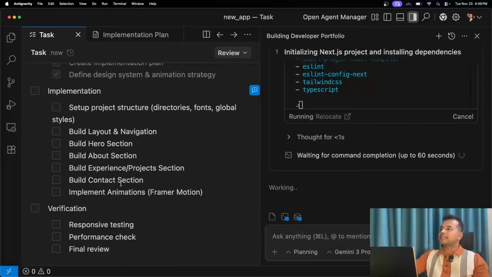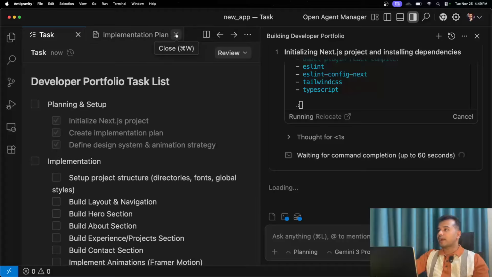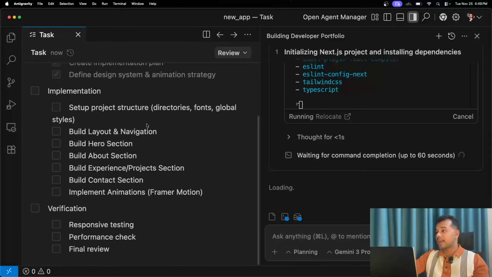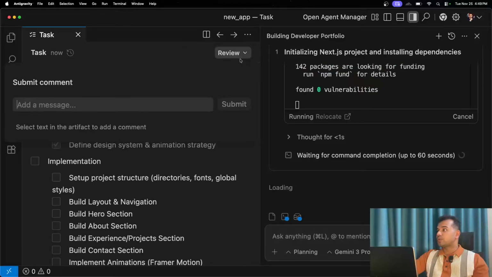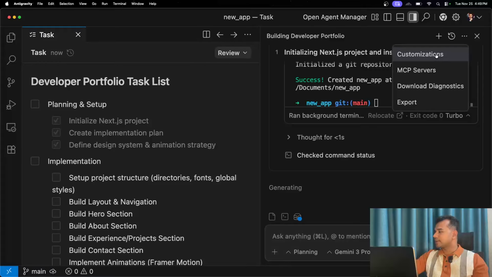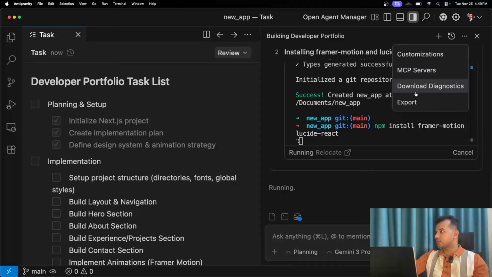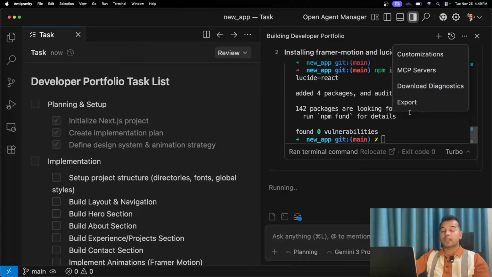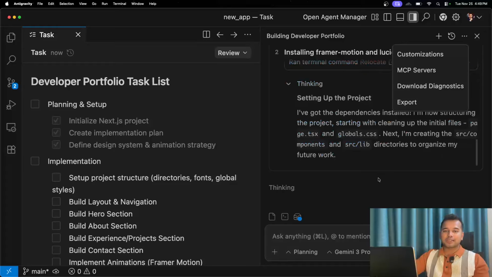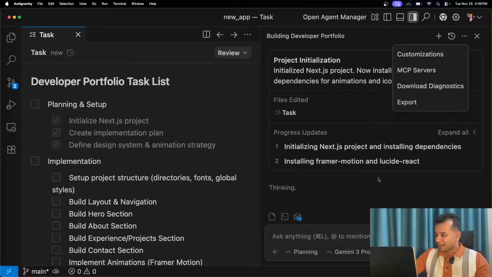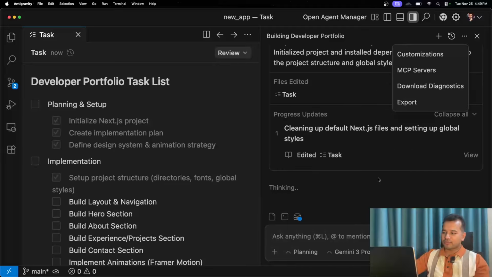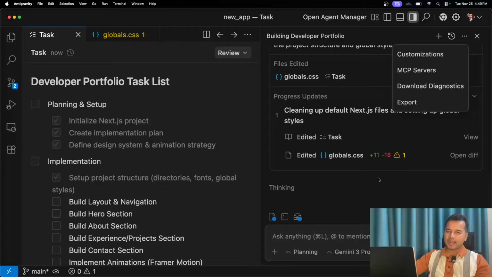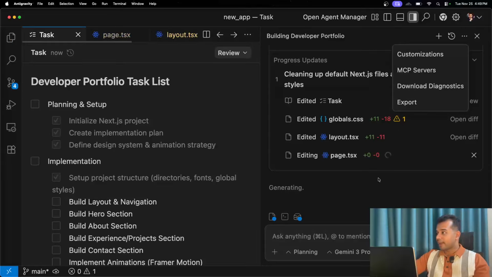The good thing is that this gives you a proper idea of how a task will run and how those things can be analyzed. You can also review it, submit comments, and tweak things to change them. And the good part is that you can add your own customizations, use your MCP servers, download diagnostics, and export the entire data structure. So there is a lot of room to go, especially all about AI. And this is very interesting in the field of AI, how massively it's growing and how systematically it's building such enormous tasks